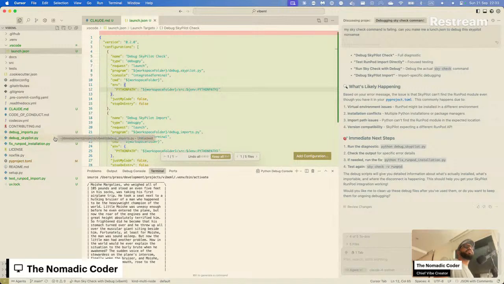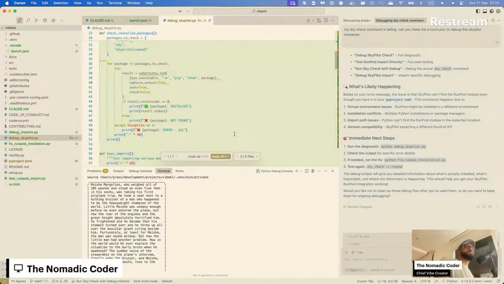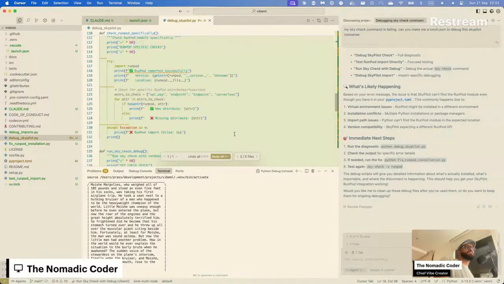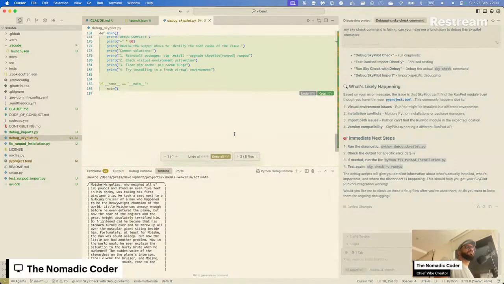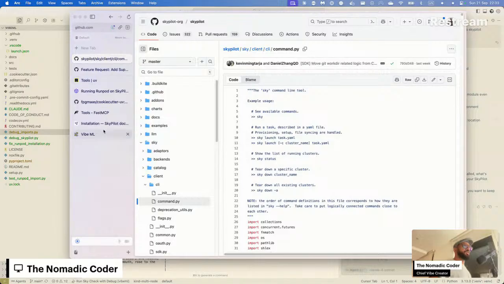How do I debug SkyPilot running? Okay, let's see if there's a troubleshooting page.